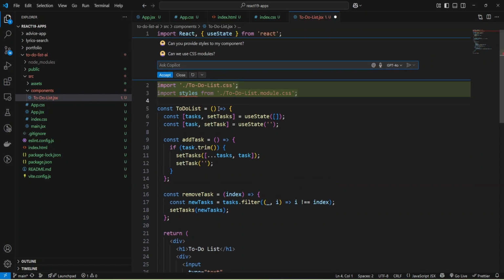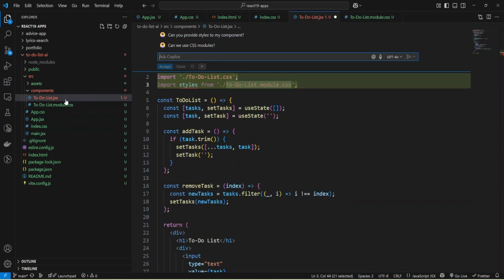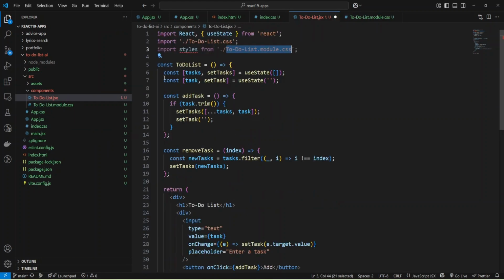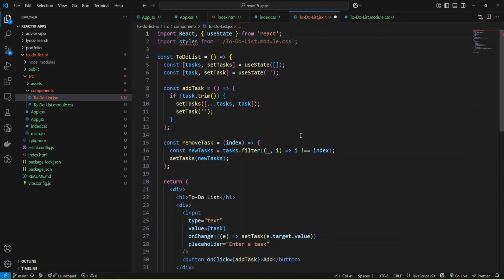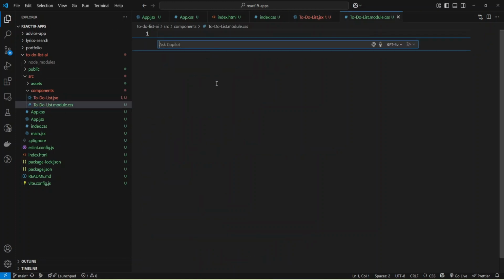Okay, and it suggests to import styles from TodoList.module.css, and I'm going to add this file to components. And let me add this file. And here I'm going to accept, and we don't need this import. And we need to provide code for our TodoList module, and let's ask Copilot,